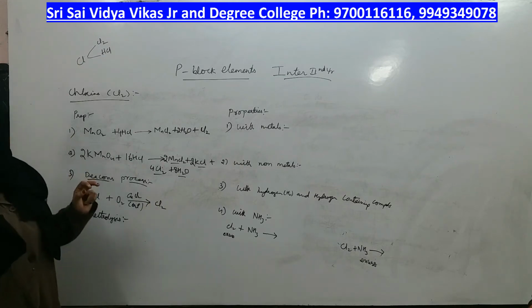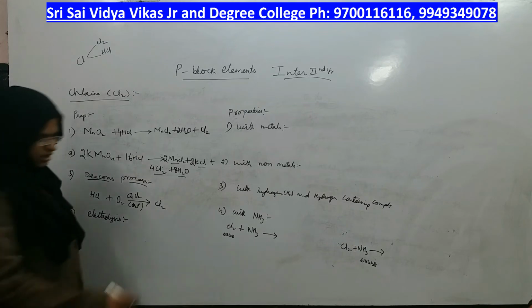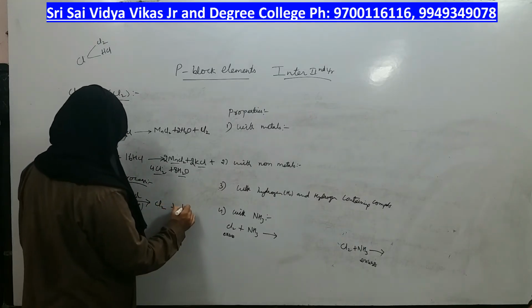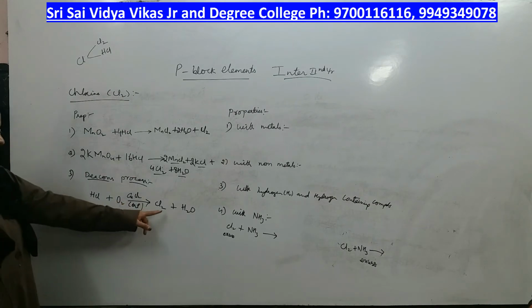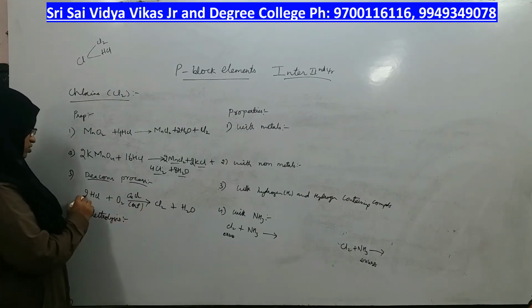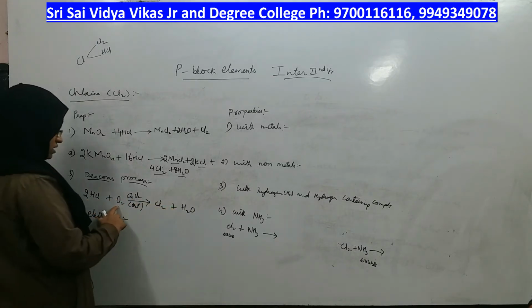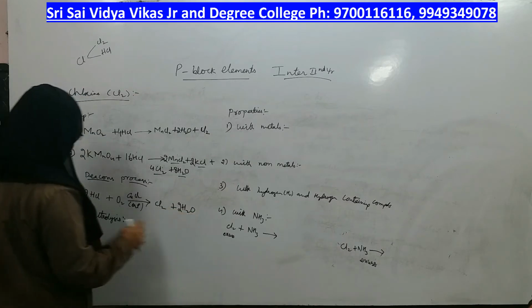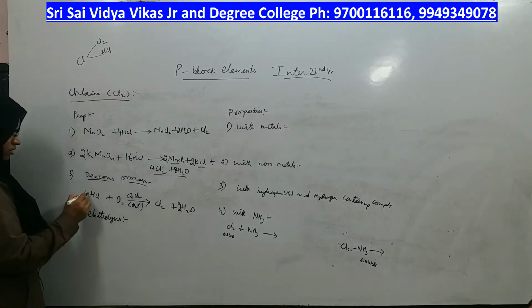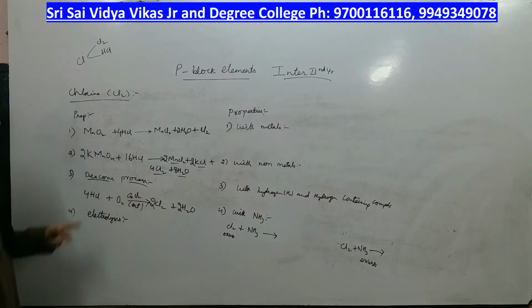In the presence of cupric chloride as a catalyst, if you oxidize HCl, you will get chlorine gas. And what else you will get? You will get chlorine gas and H2O. How many chlorines I got? I got 2 chlorines. That means here also there should be minimum 2. How many hydrogens? 2. How many hydrogens? 2. But oxygens are 2. So what I should do? I should take 2 oxygens, but hydrogens are becoming 4. So let me make 4 hydrogens. Now how many chlorine? 2. Now the reaction is balanced.